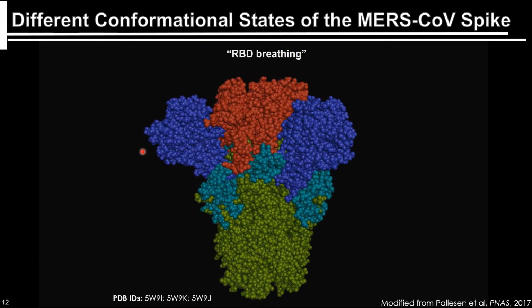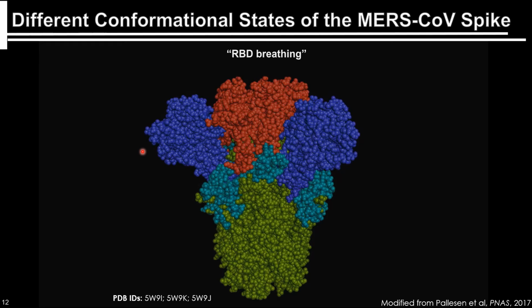And now it is closed again. So this phenomenon was termed RBD breathing by this group from Jason McLellan's lab, and this interesting work was published in PNAS in 2017. So as you can see here, there are different conformational states of not just the MERS-CoV